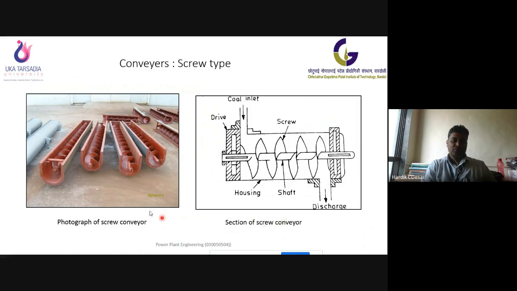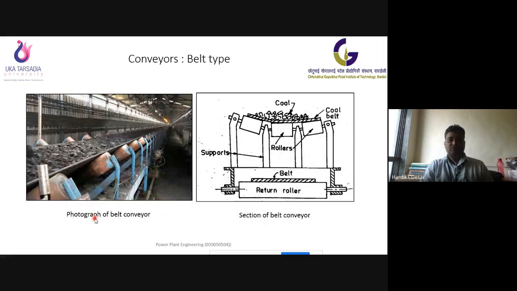Okay, so if you want to see the pictorial view, your conveyor will look like this. See, this is the belt conveyor. This is the layout or a section of the belt conveyor, and this is the photograph of a typical belt conveyor. You can see the end rollers, left hand side and right hand side. These rollers are at some angle to give the curve to this belt, so that the coal will be collected safely. It cannot move away from this envelope.